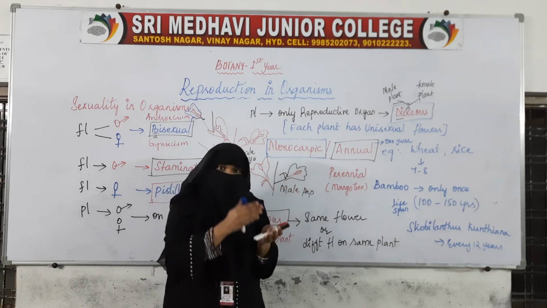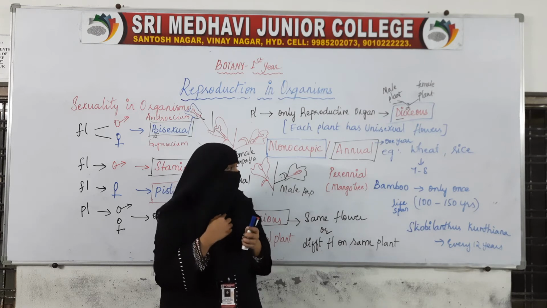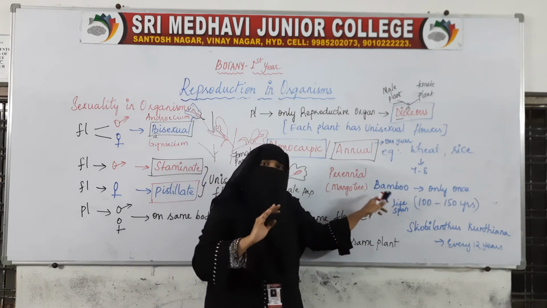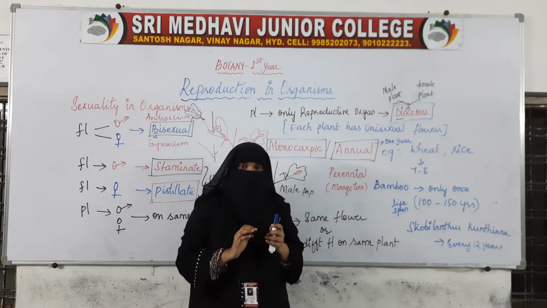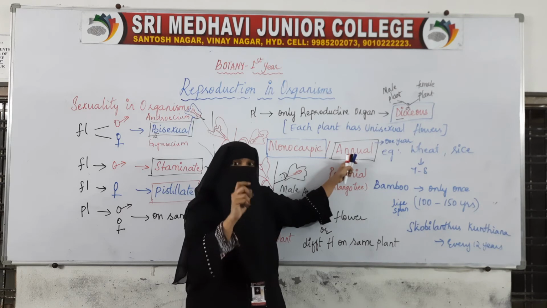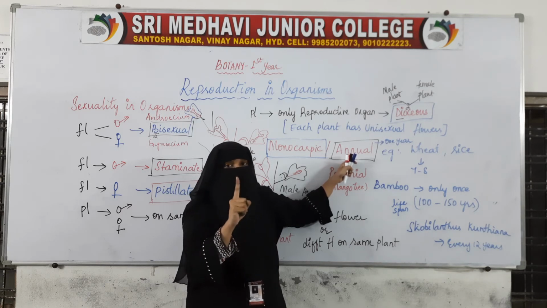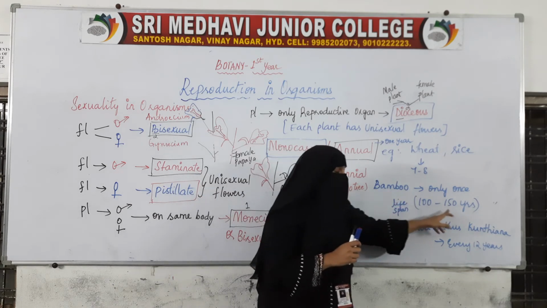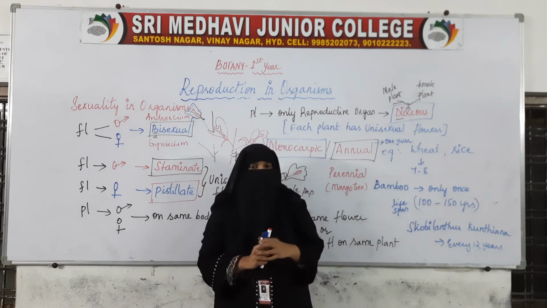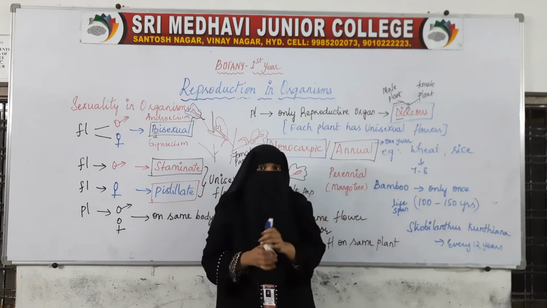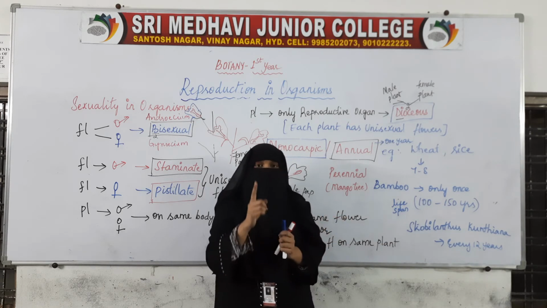It can be in 1 year or it can take many years. For example, the bamboo plant. It lives for 100 to 150 years. Bamboo is not an annual plant, but it produces flowers only one time in its lifespan. Bamboo can live up to 100 to 150 years, but during this lifespan it will produce flowers